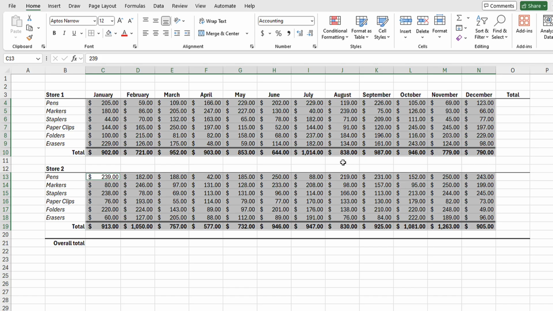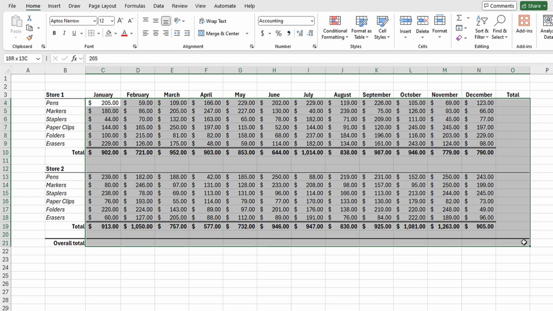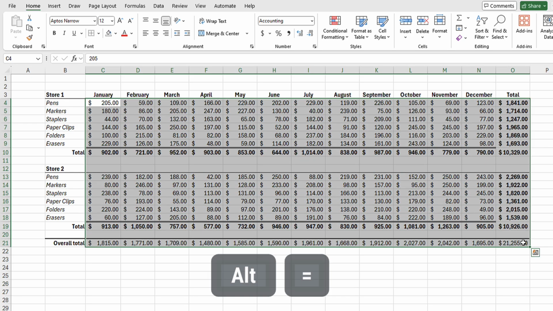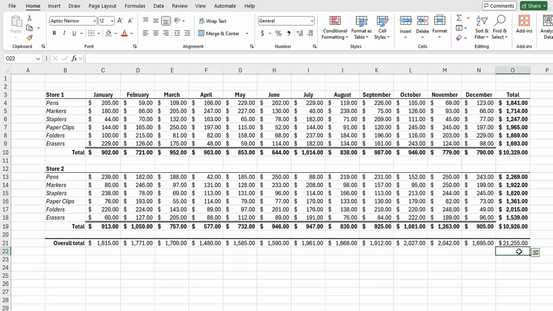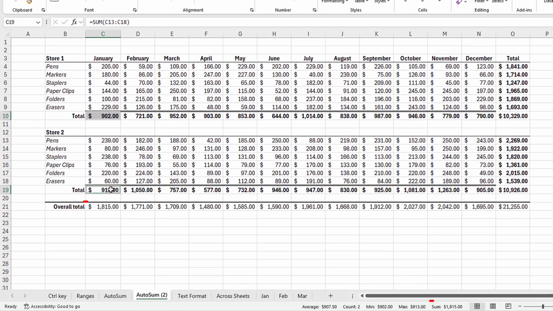Now, we select a range that includes both tables, as well as an additional row for the overall totals, and a column for the totals by product. We call AutoSum again, and get both the row totals, and the overall totals for the 2 stores. We can easily verify that only the values of the 2 rows have been summed in the overall totals using the status bar. We select 2 cells from any month and see that the value in the overall totals is